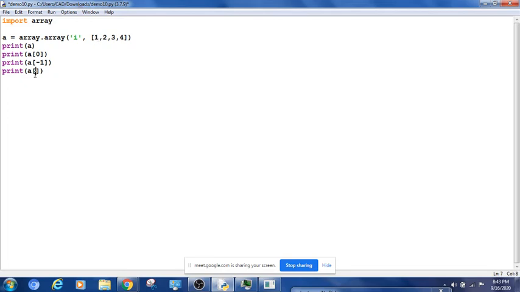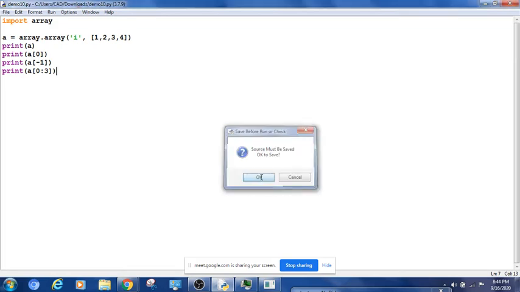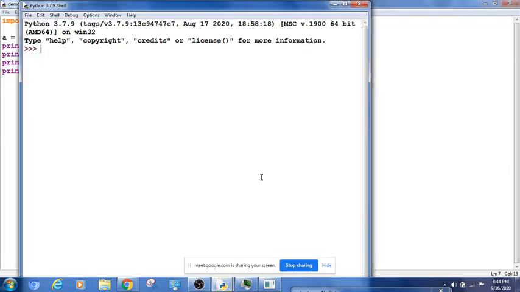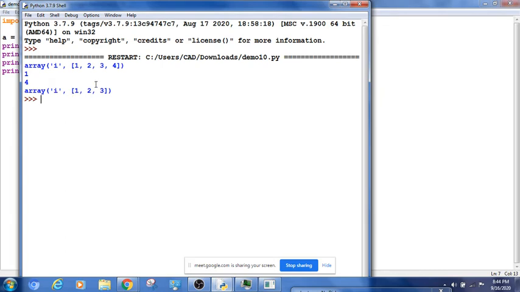Since I want to print the first 3 elements, I have to start with 0. 0, 1, 2. But if I give 2, 2 will be excluded, so I will give 3. So it will cover 0, 1, 2. Let's see this. You see here, it printed the first 3 elements: 1, 2, 3.